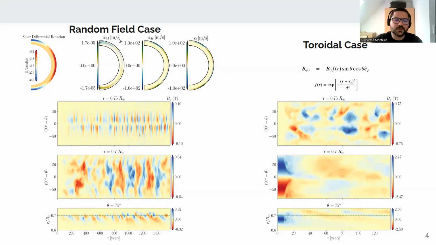We also tried to identify some sort of alpha effect that could be present in this simulation, and we found it, but we were unable to determine the real origin of this alpha effect that would complete the dynamo in this case, where we were already forcing the solar differential rotation. And when we tried the toroidal case, which would resemble much more the tilt instability,